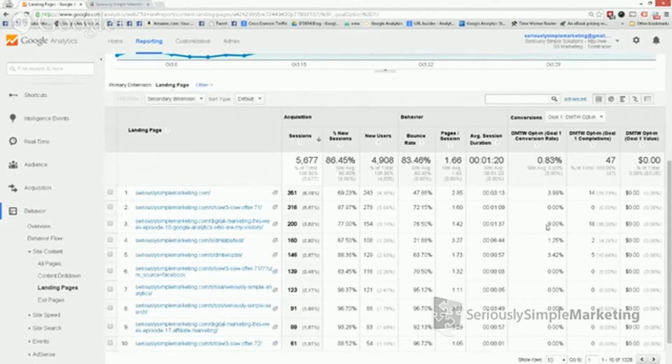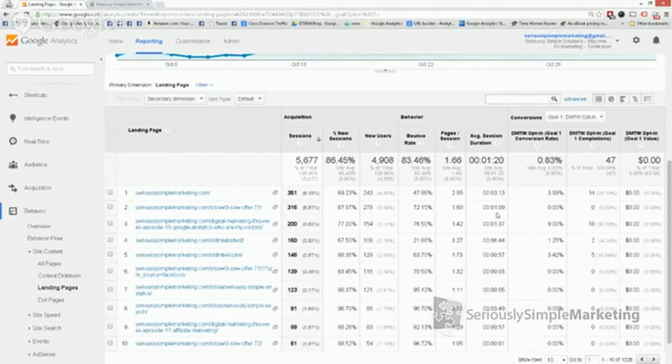Now we could do better. We could go back and make it, again, easier. I know we have the pop-ups right now, but we could do more of a call out in the actual content. There are different things that we can take action on to boost that percentage up. But the important thing is at least we know that's happening now. We've got some sort of measurement, because a lot of people just have no idea what's going on.